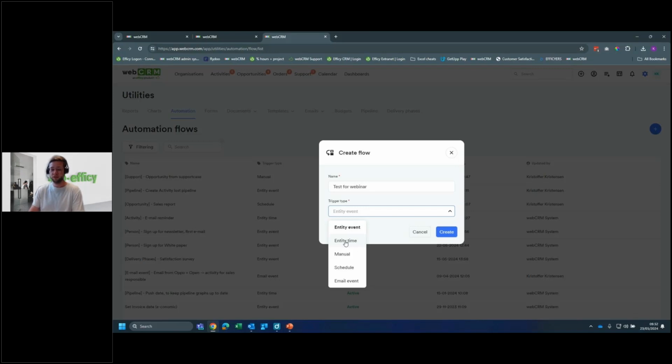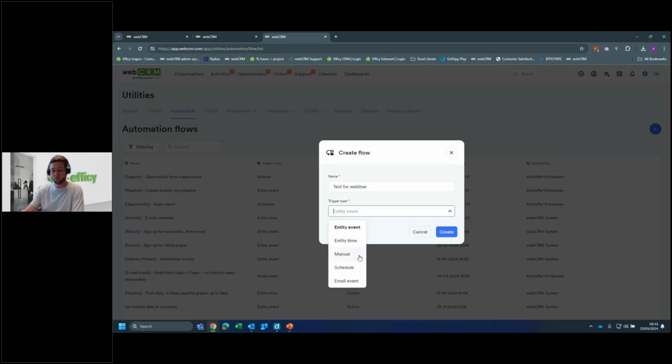So if you have, for example, the date of the activity or date of the opportunity or order, or you have a custom field with a date in, for example, if you have a date field for a lead when they're out of the binding period of their former contract with a different subscription or something like that, you can set it up to give you a reminder